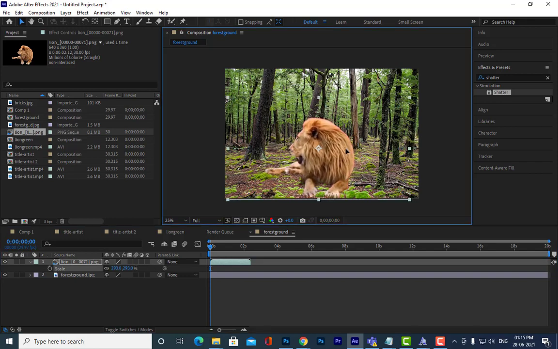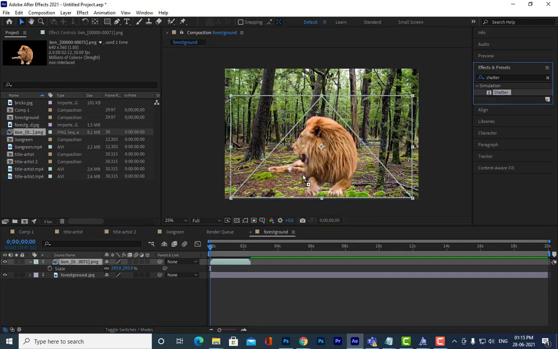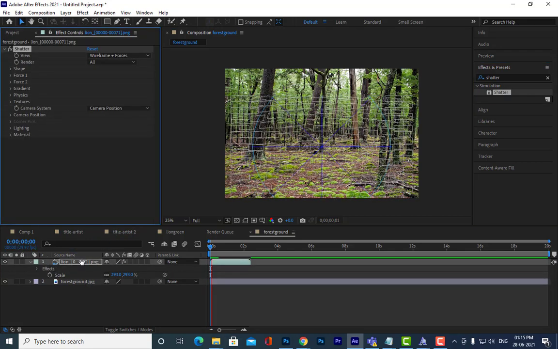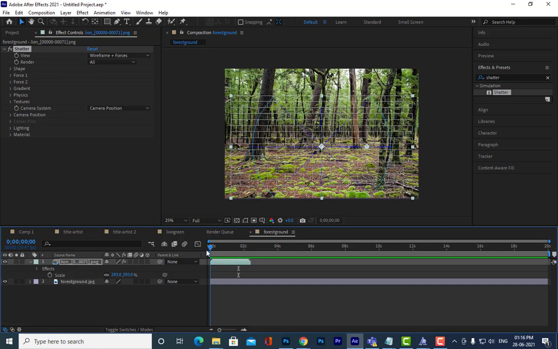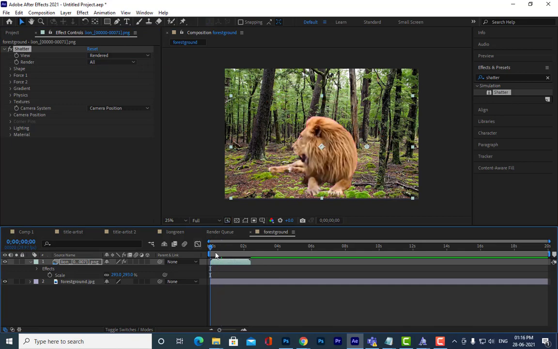Yes, sir. So now let us apply the shader to this. Now I think the shader should work. See, now it's working. Are you able to understand? Previously it was not working because it was an MP4 file. It does not work on MP4 files, so that is why we have to render it as a PNG sequence and then apply. Are you all getting my point?